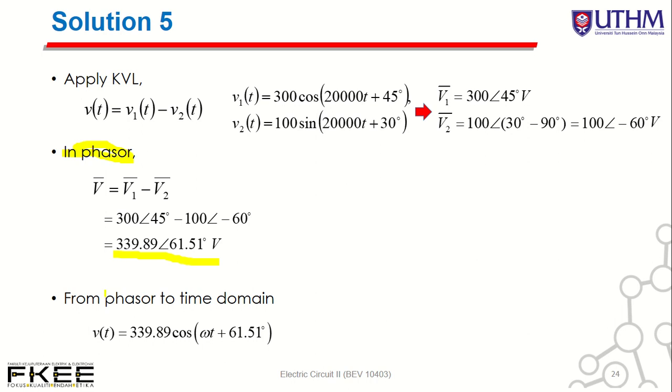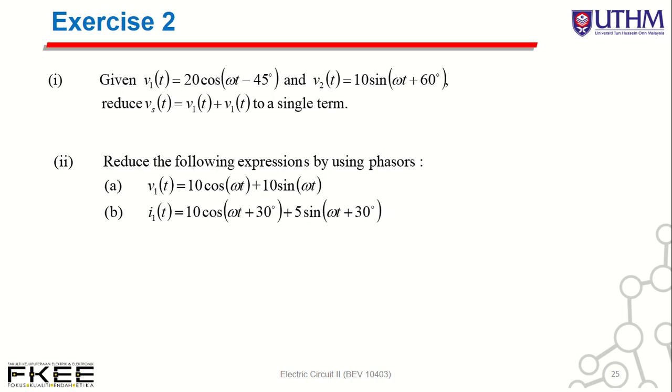Then from phasor form, if you want to determine the time domain, you can convert to time domain. Okay, make sure cos, this is angle. Okay, this is magnitude. Okay, clear how to convert from time domain to phasor domain? Then you can solve your circuit by using a phasor. Okay, phasor, you can perform any circuit analysis by using phasor. And then next, if you want to determine the time domain, you can convert from phasor domain to time domain. Okay, so next you can try this exercise.